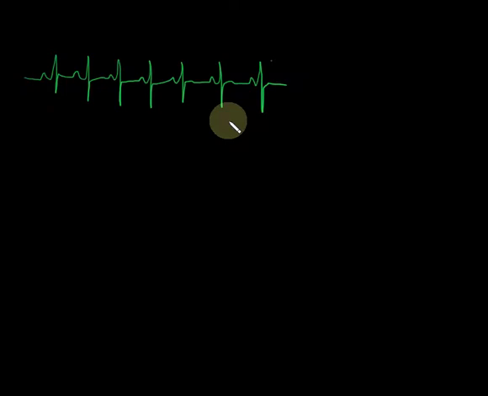And if this was a 6-second strip, we count out, I've got 7 beats drawn here, so that would be a rate of 70. With a rate of 70, QRS is narrow, P waves are upright, round, symmetric, P to QRS ratio is 1-to-1, PR intervals 3 to 5 small blocks, R to R is regular, and the rate's 70. That's just a simple normal sinus rhythm. Again, we're taking some time to review this after the midterm and just kind of get started on this new category. Now, if I drew one that looked like this,